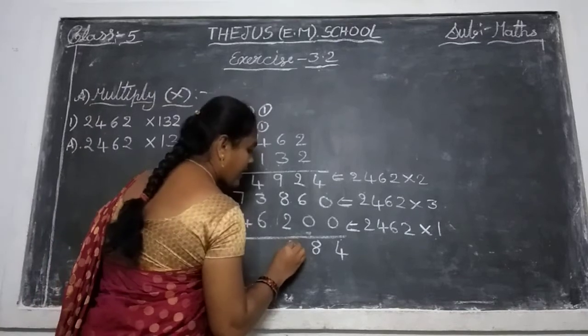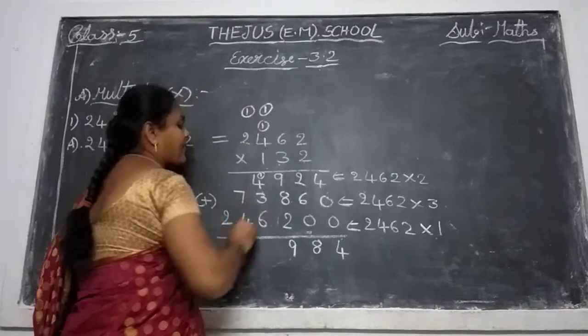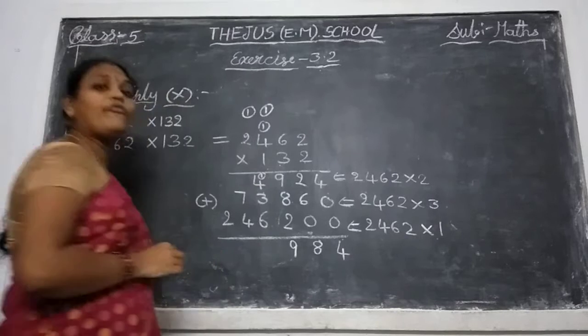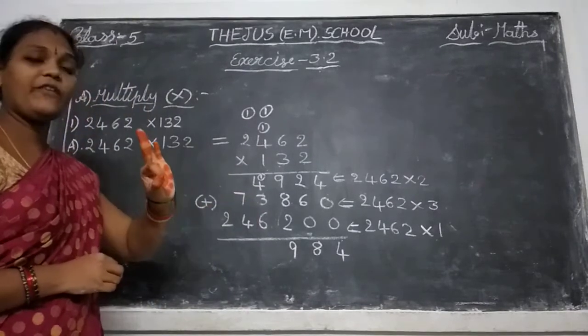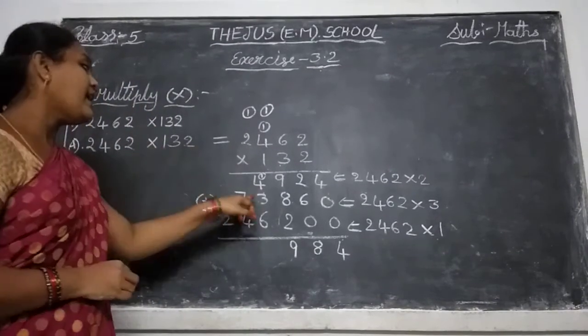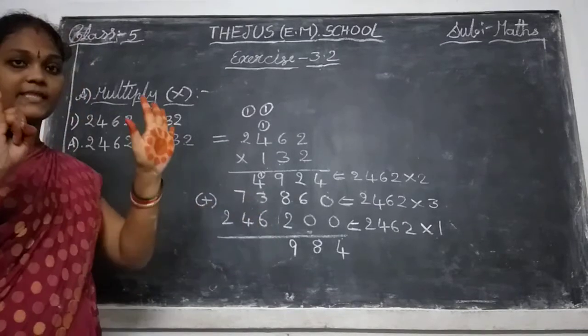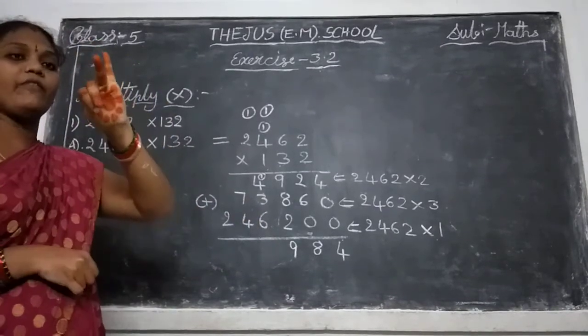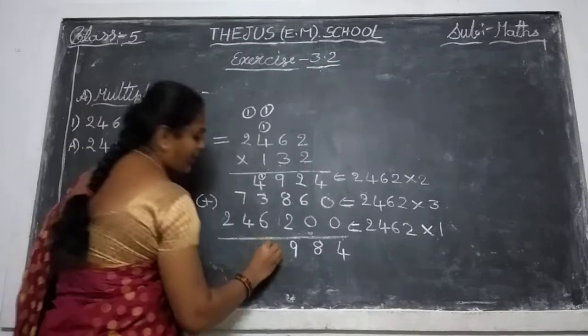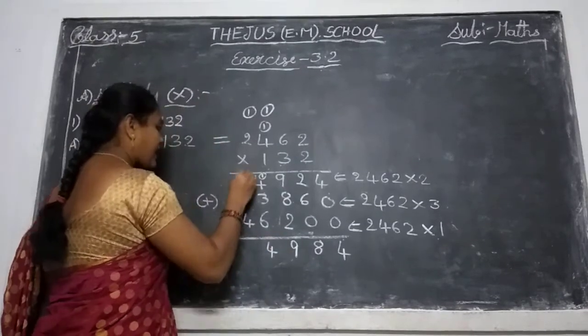Double digit number. 9 here and 1 next line upside. 1 plus 4, 5. Keep 5 in your mind. Take 3 fingers. 5 after 6 7 8. That 8, keep in your mind. Take 6 fingers. 8 after 9 10 11 12 13 14. This one is also a double digit number. So 4 here, 1 next line upside.